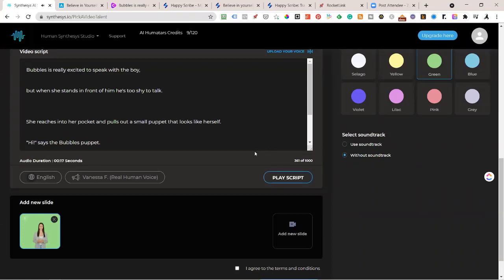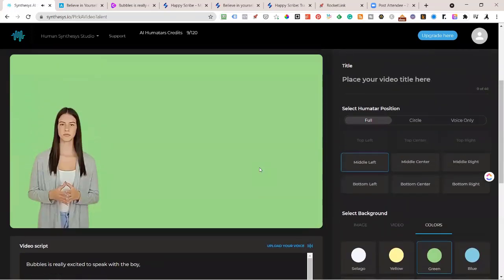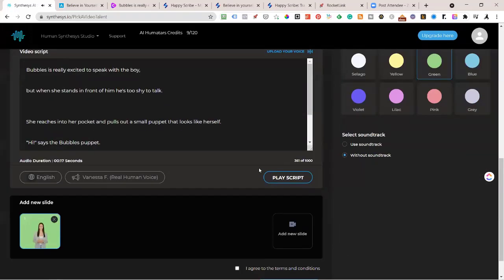Bubbles is really excited to speak with the boy, but when she stands in front of him, he's too shy to talk. She reaches into her pocket and pulls out a small puppet that looks like herself. "Hi," says the Bubbles puppet. The boy smiles and